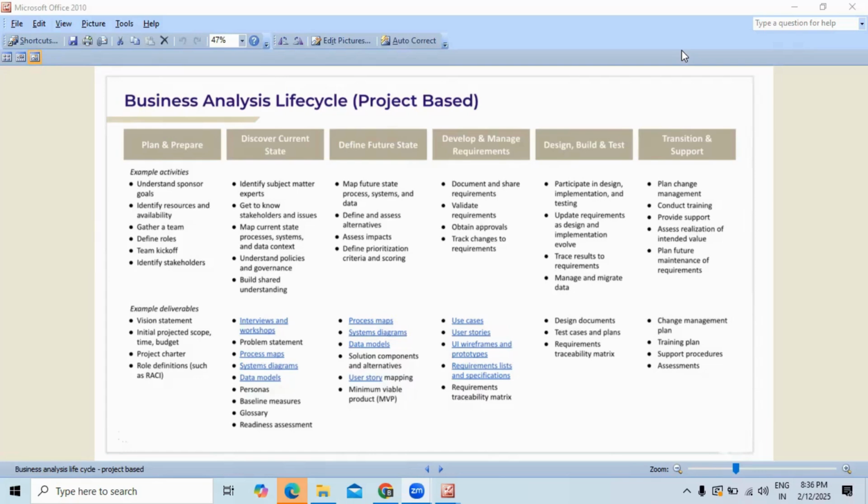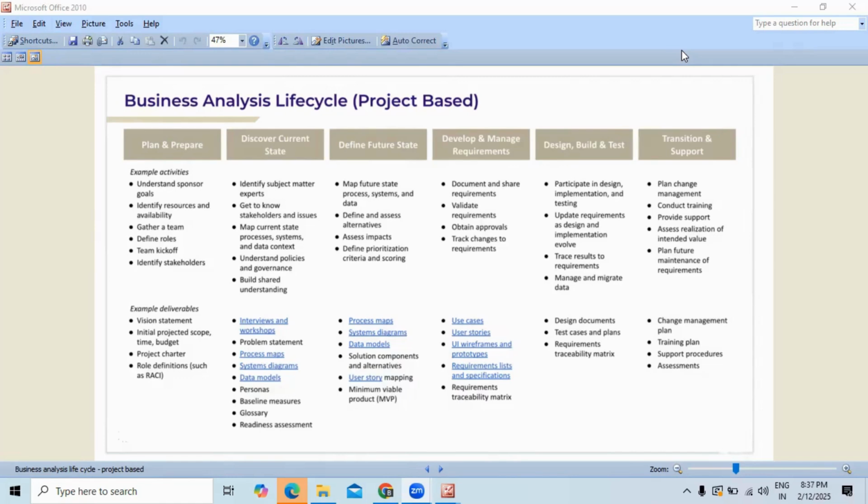It's more or less the same as the example I explained yesterday, but that is called the software development life cycle, which consists of everything, including coding. But as a business analyst, when you're trying to understand the responsibilities, irrespective of technology and domain, the first one is planning and preparing, wherein as a BA, we need to understand the goals of